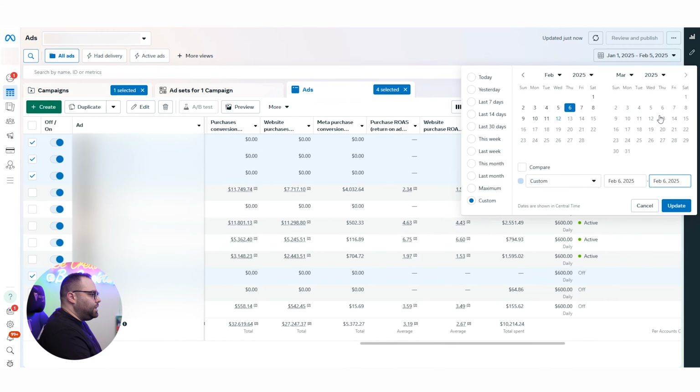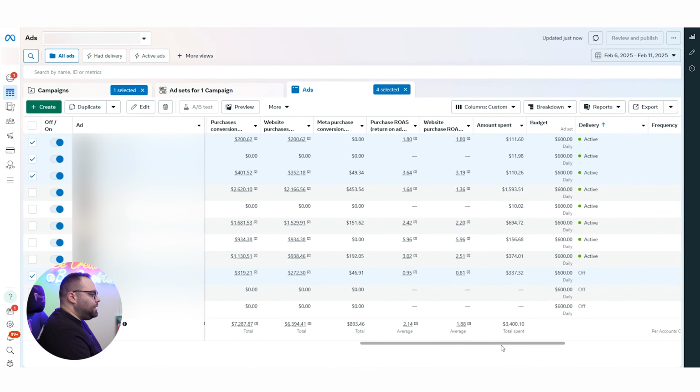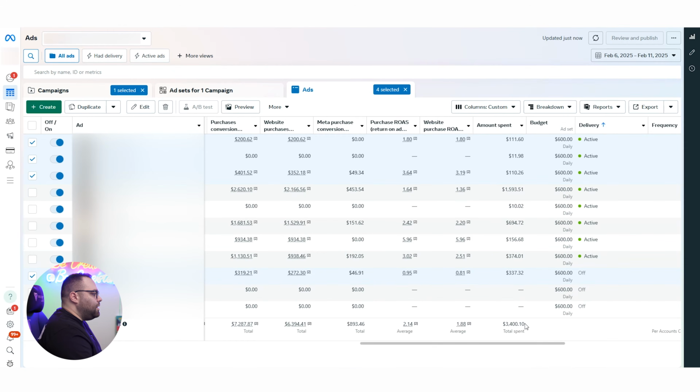If we come here from the 6th to the 11th, you can see that basically they are taking some budget, but they never win against the leading ad over here, which was taking more budget, okay? And we talk about a good period of time over here. So initially, these ads are going to have a disadvantage against a main ad, which is already spending. The second thing is that for no reason, you're just introducing creatives inside